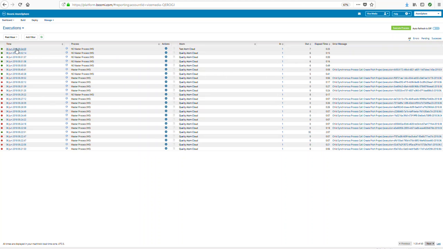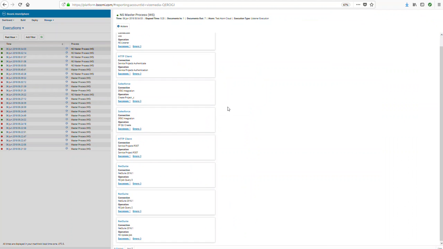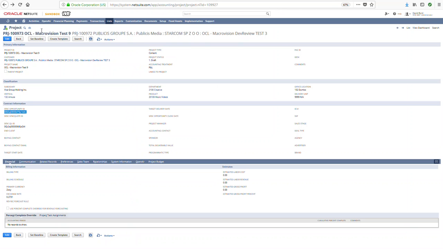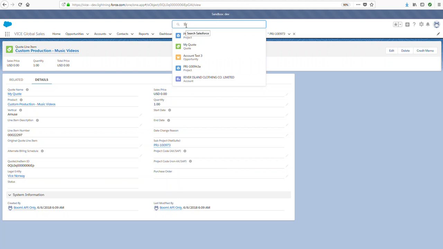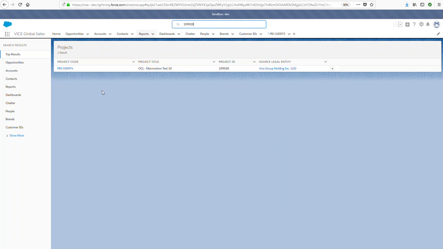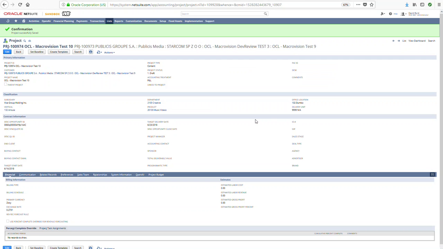First thing we want to do is, actually, I want to see. So the project we built is 109928. So let's go to Salesforce and search 109928. And there's our new project. And then since it's complete, if we go back to this project now and hit refresh, it should show